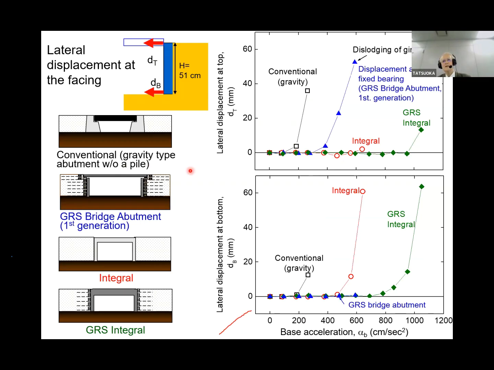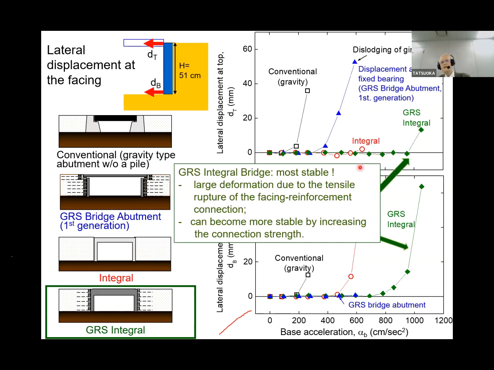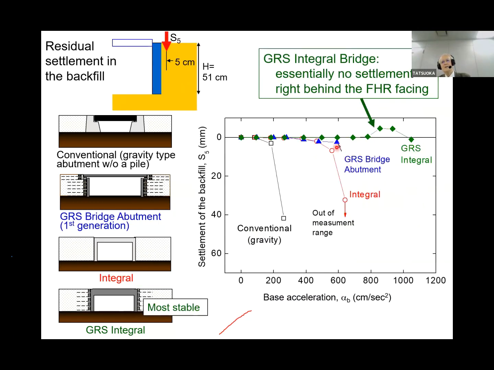Here is the displacement of the bridge support. And the integral bridge shows the smallest displacement at the bottom. And the GR integral bridge shows the largest resistance. The acceleration exceeds 800. So the strength can be increased by increasing the connection force. And for settlement, the conventional type shows large settlement, and the integral bridge shows nearly no